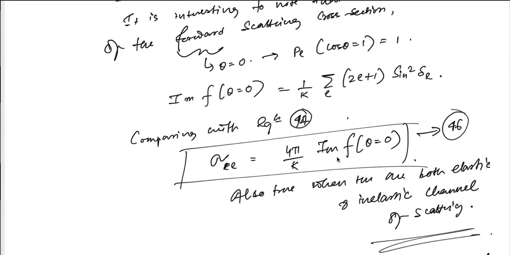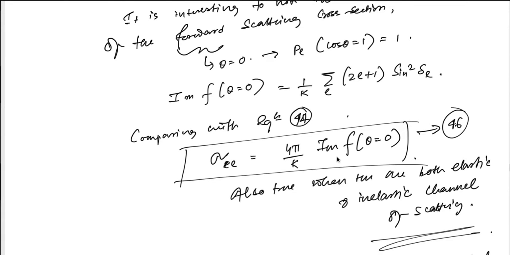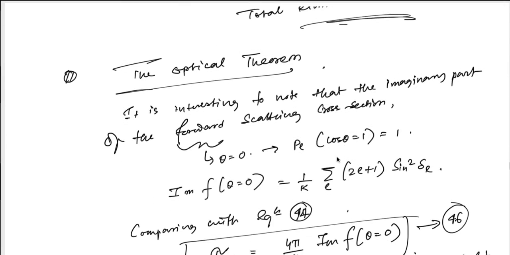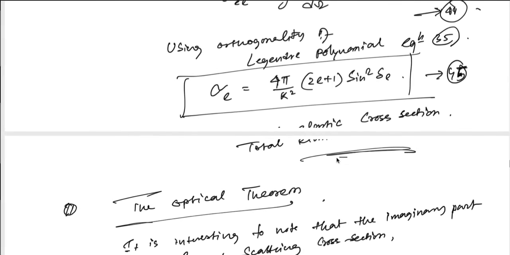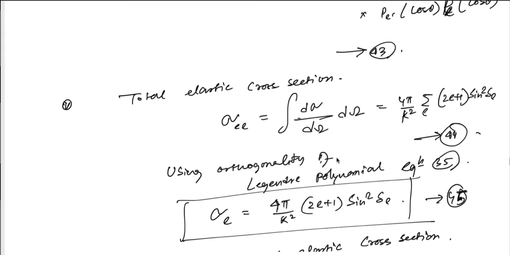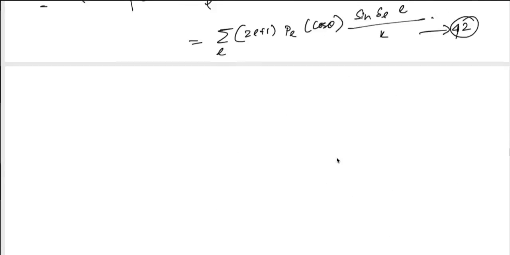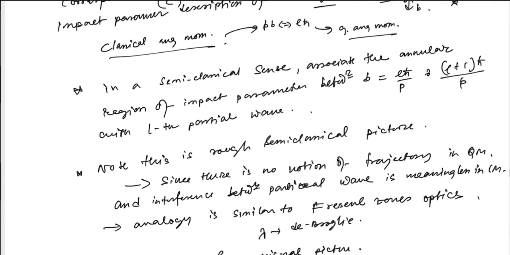Anyways, the main point of all this exercise is converting this entire business into a simple machinery where we have to calculate something and tell you what is the differential cross section and what is the total cross section of the scattering, and then also we will connect it with some physical intuition.